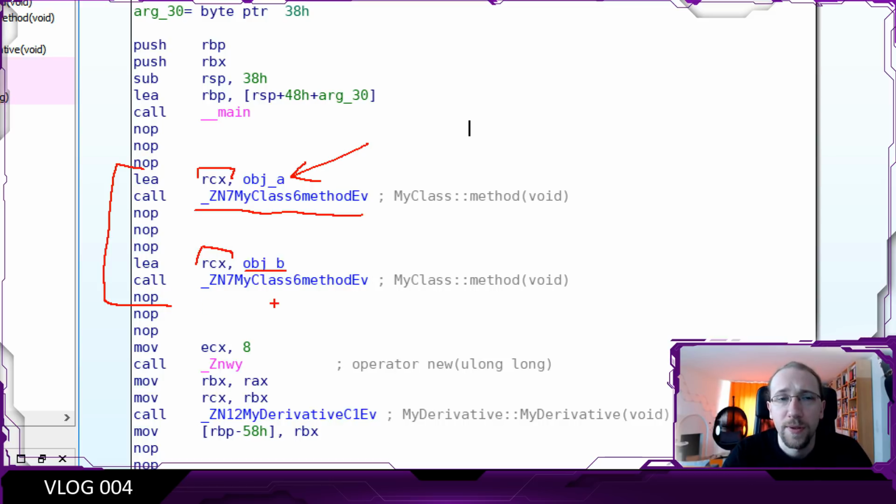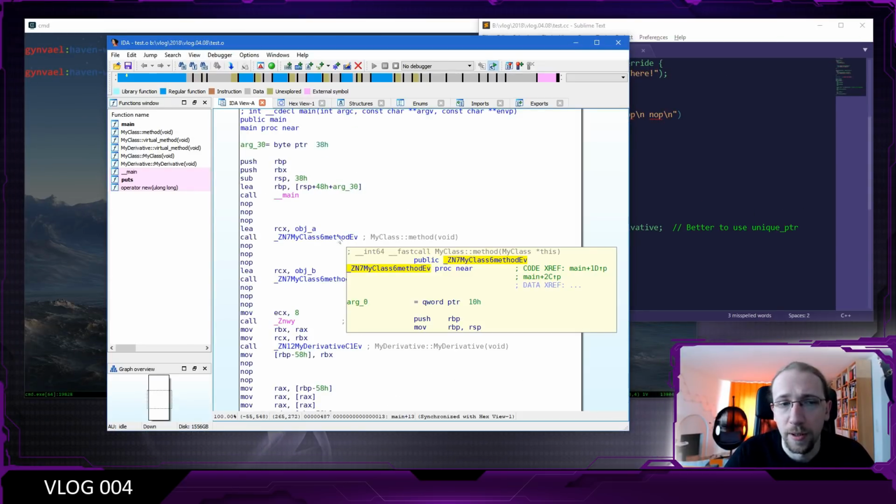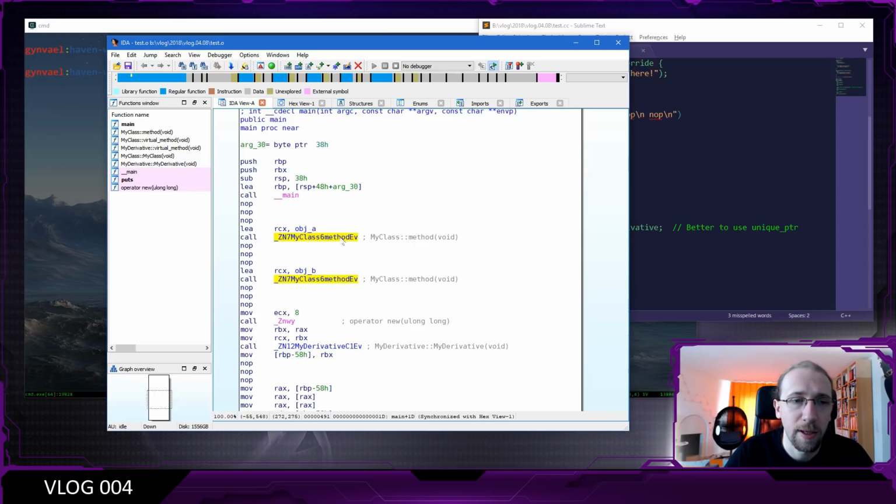So basically, this means that we have only one instance of the method in library, one instance of the code for the function. And we put in some special register RCX. In this case, it might depend on the compiler and actually the calling convention. The calling convention used here usually is referred to as this call. Now, the RCX register gets basically the this pointer, which we know and love from C++, which refers to the current object which is being worked on. So, yeah, as you can see, this is the answer to our question already. We have only one instance of the same method, and it operates on the RCX register to have a this